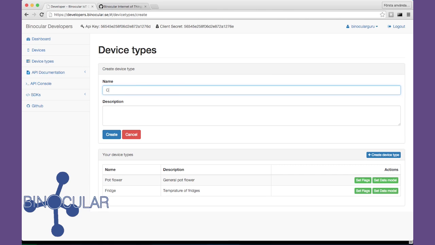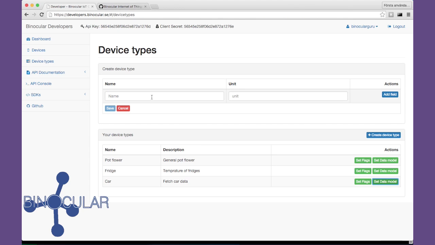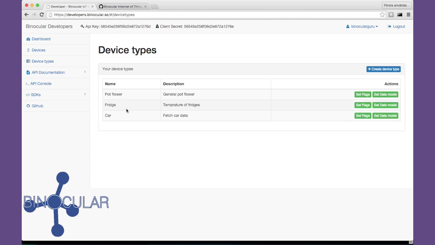Like my car, or a car. It's a model, a car, fetch car data, and then you can go in and set the properties for the device type. However, I'm going to go ahead and use the